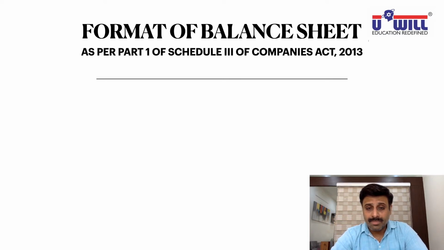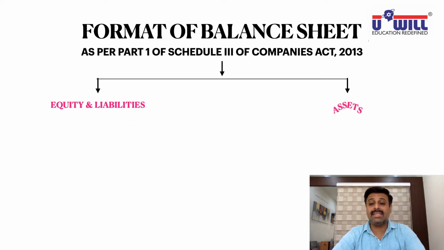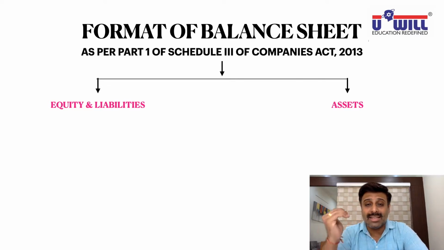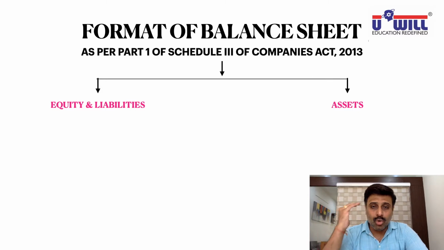First of all, balance sheet will have two sides. So all of you write: balance sheet will have two sides. One is equity and liabilities, the other is assets. What we used to write only as liabilities, now we write as equity and liabilities, or rather what we used to write as capital and liabilities in balance sheet, now we write as equity and liabilities, and assets remain assets only. So two parts will be there in vertical format of balance sheet. First of all, it's not a horizontal format, it's vertical format. So in the upper part of the balance sheet, equity and liabilities will come, and in the lower part of the balance sheet, assets will be recorded.